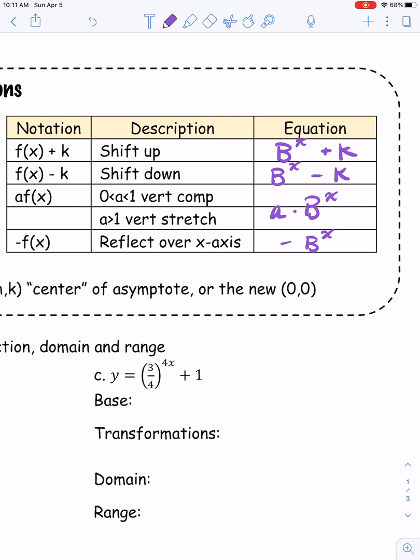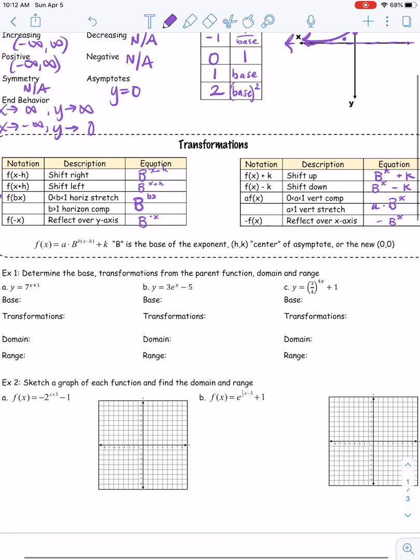That's not an exponential. Okay, so this is showing some base being raised to an x power, then being applied with that negative out in front to reflect over the x-axis. That's going to change the range like I talked about earlier. Remember, I'm using capital B here just for our base because the lowercase b technically always represented our